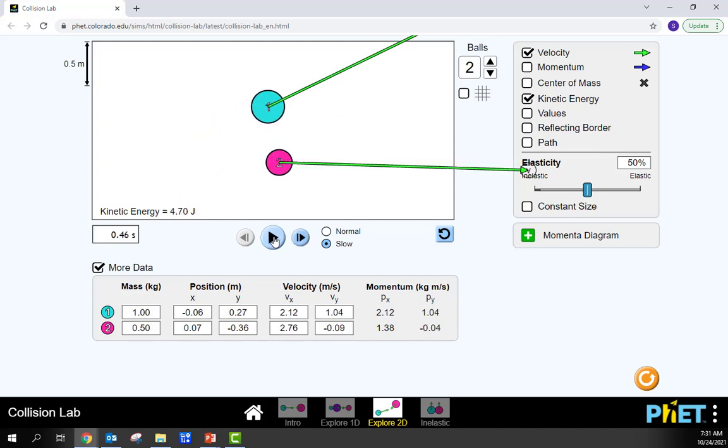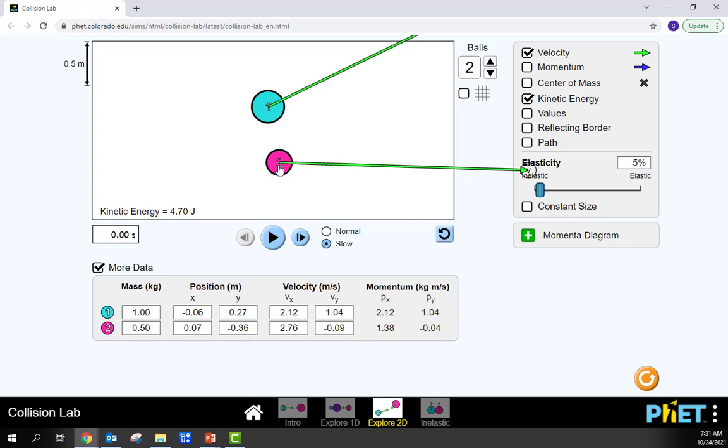If we change the elasticity, we can get a very different looking collision. But x still adds up to 3.5, y still adds up to 1. Kinetic energy is no longer conserved, but we wouldn't expect it to be since this is an inelastic collision. And if we go to as perfectly inelastic as we can get in this simulation,